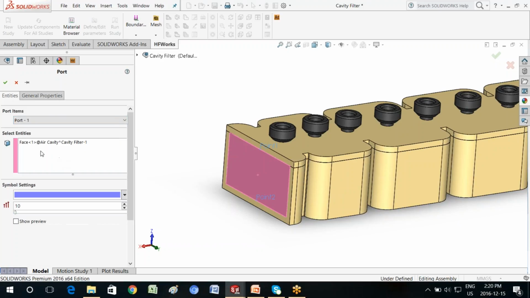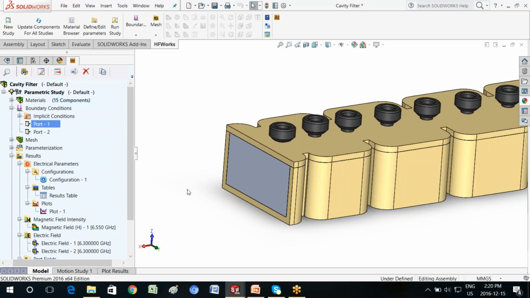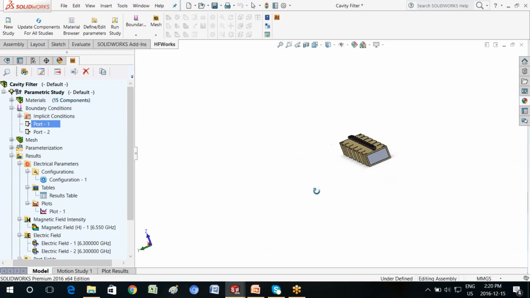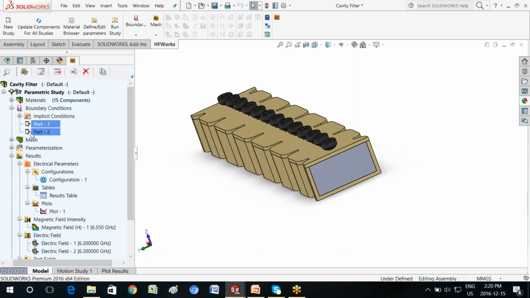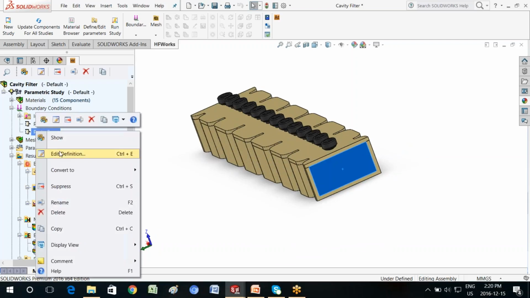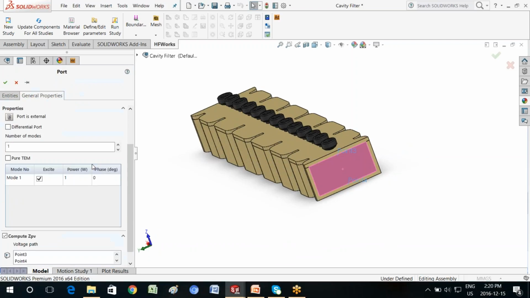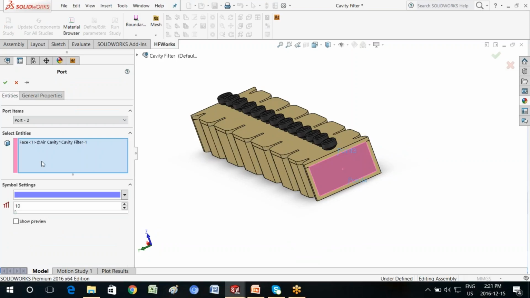Okay, and you pick the phase which corresponds to the port, and there are some properties with regards to how you want the port definition to be. Now this is one port, and in this filter this is a 2-port filter. So there's a second port, as you see here.